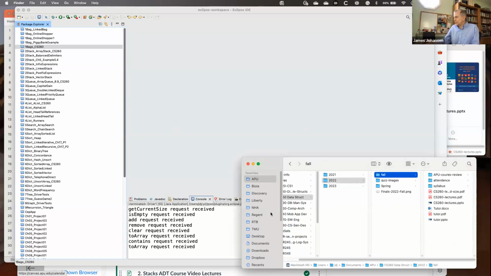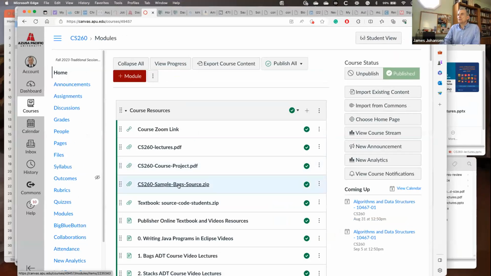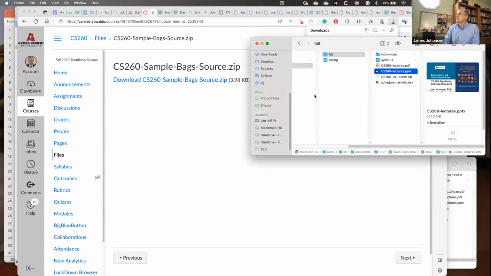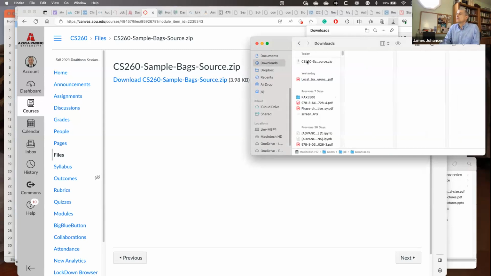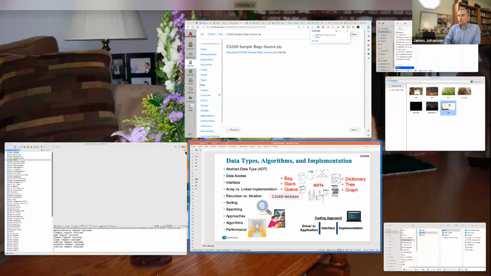Okay, what I'll do is I'll just do it like you have to do, and then you'll see what I mean. So I'll just download this sample and unzip it. And so these are the files that I want to be dragging into a new project.